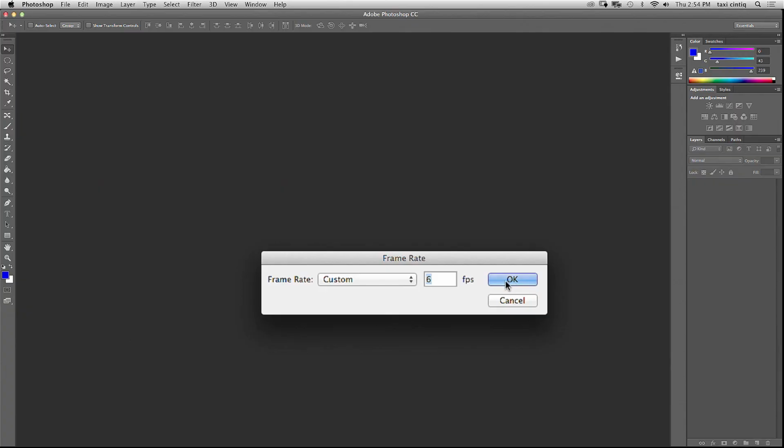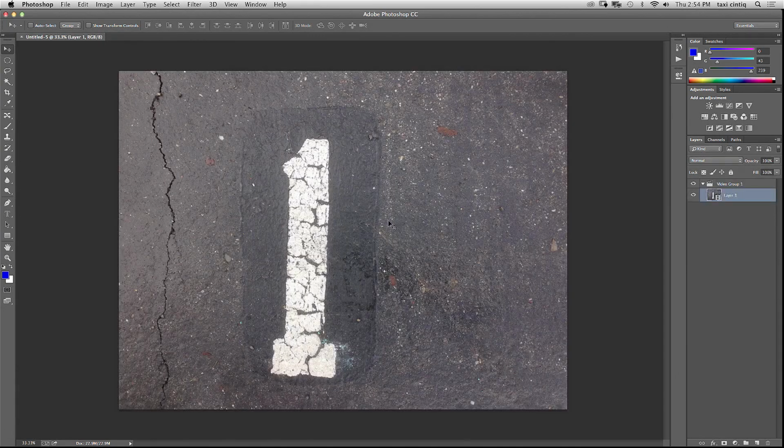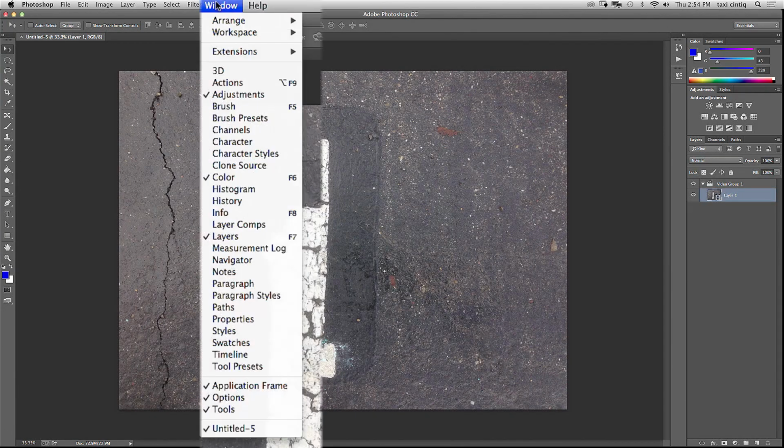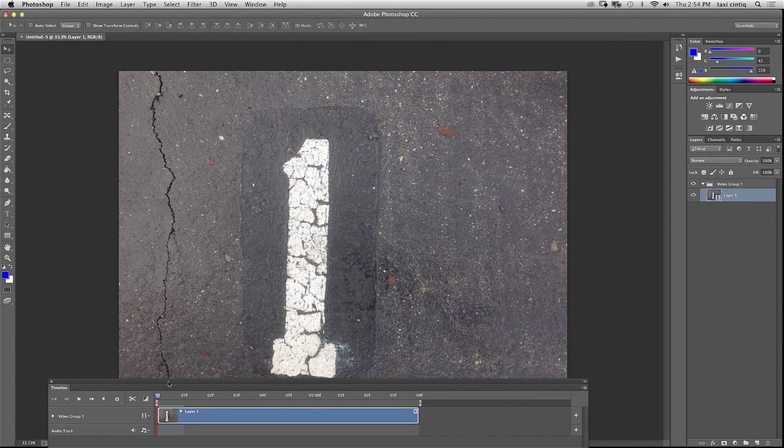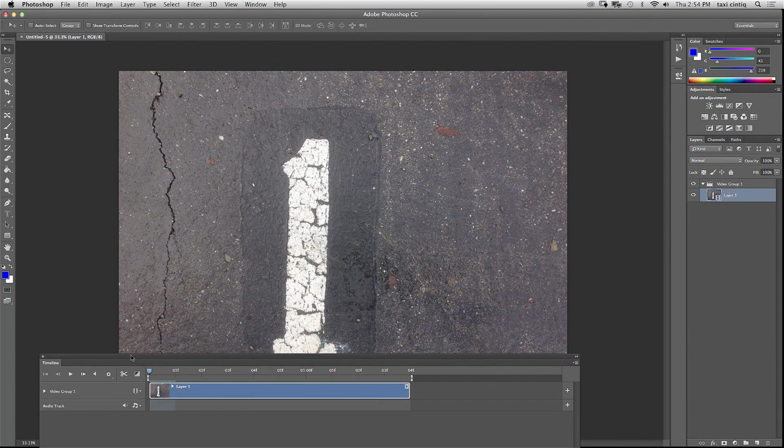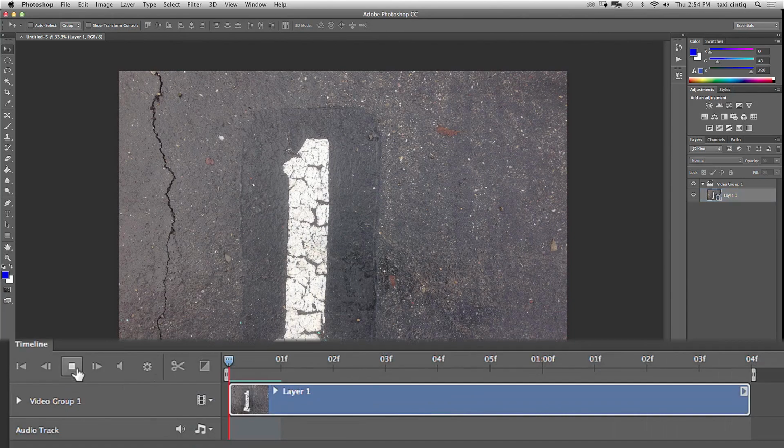And this works well with any pictures that are in sequential order, maybe photos that you've taken in burst mode, a time-lapse video, this works great, or even something like stop motion. So I'm going to press OK, and I have that, and I'm going to go ahead and open up my timeline window, and I have this down here, and when I play it back,